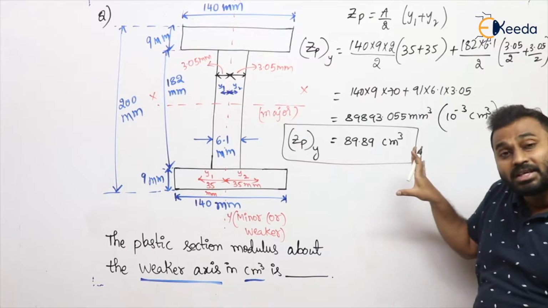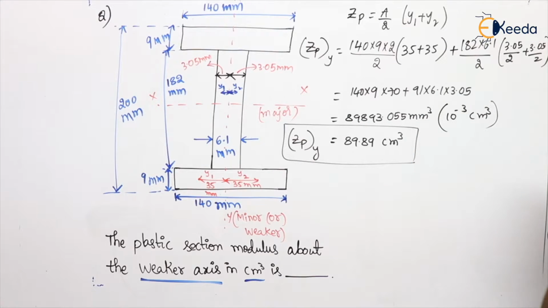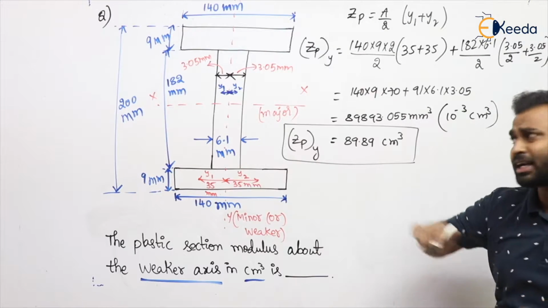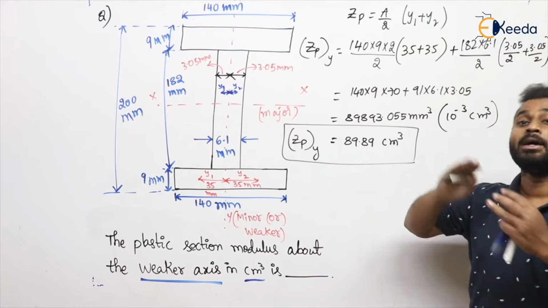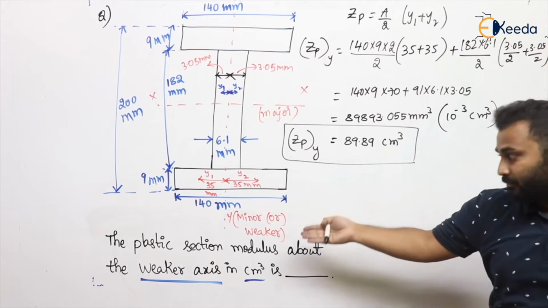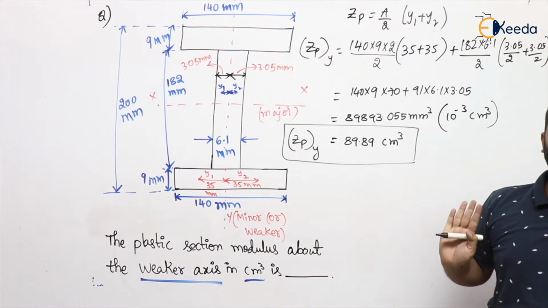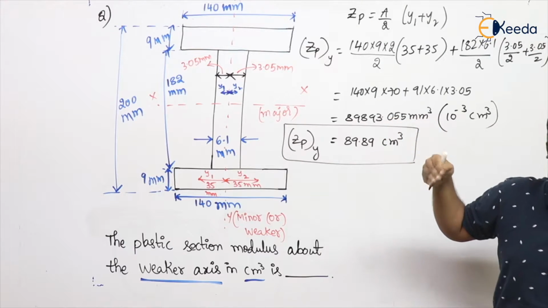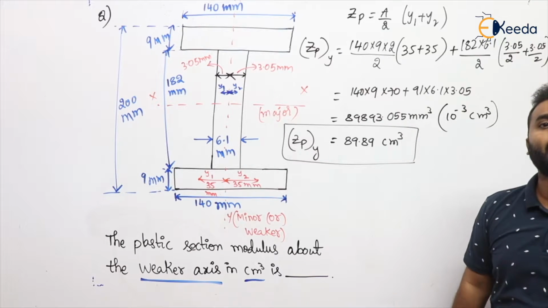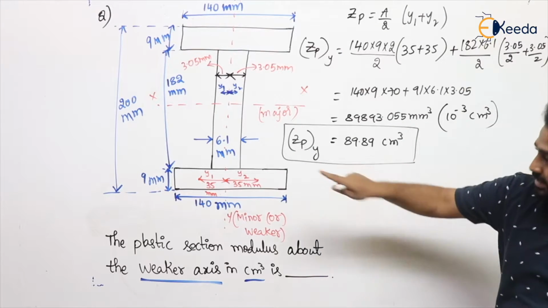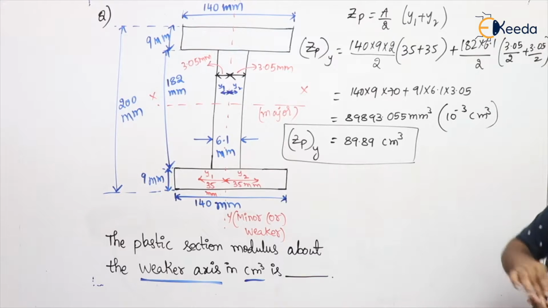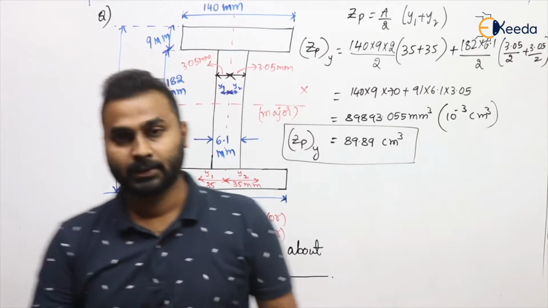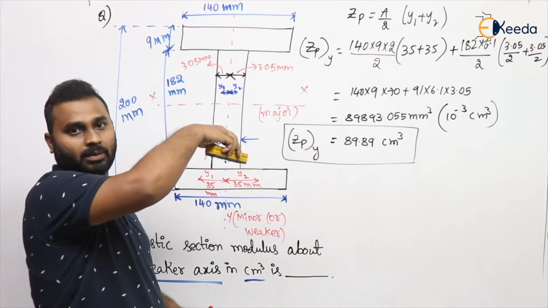Clear, everyone? Now in this very same question itself, let us see how to calculate the shape factor for the I section about the weaker and stronger axis, that is minor and major axis. As we know the formulas, I will explain how to calculate the shape factor for the I section about major and minor axis. So first you take it down. After that we'll see how to calculate. I'm going to rub this.